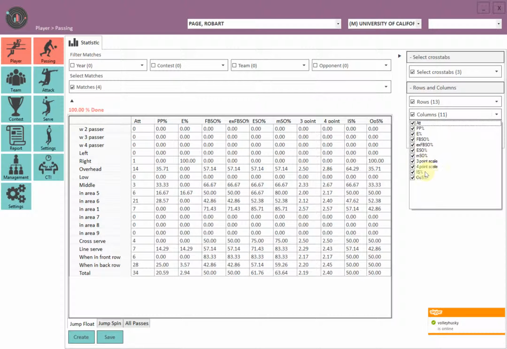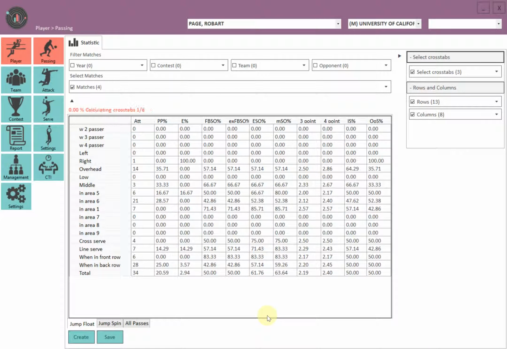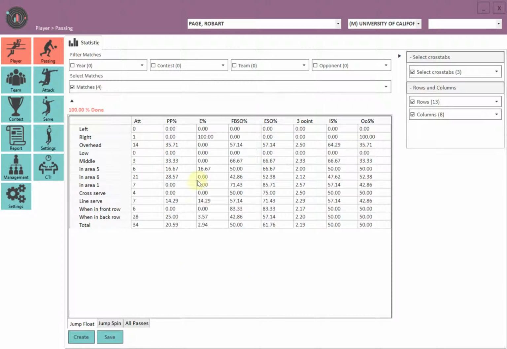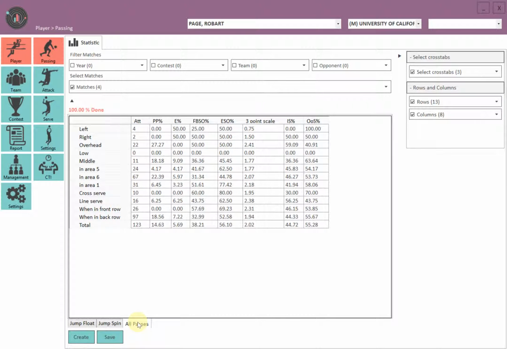Let's say you're not interested in a 4-point scale. You don't like extended first post side out, and you don't care about a modified side out. So you uncheck them, you say create again, and immediately it updates your worksheet. So here you see jump float, jump spin, all passes, and then you have passing on the left, on the right, in what area, against the cross serve, against the line serve, and front row and back row, and